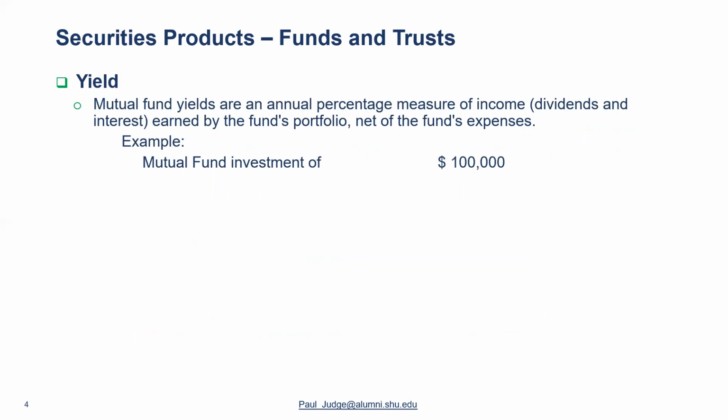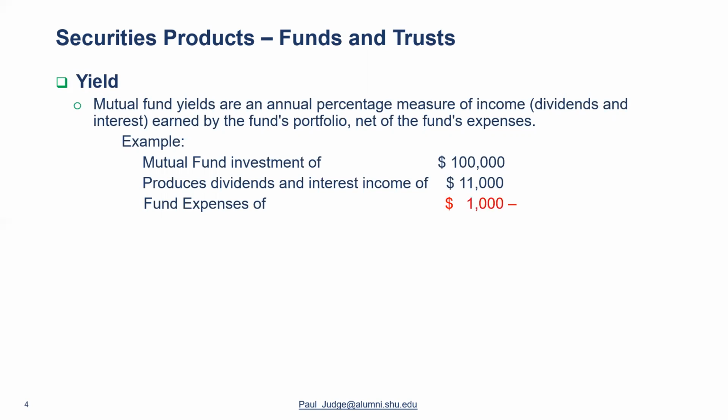The investor, maybe a retiree living in Arizona, puts a $100,000 investment into the fund. This produces dividends and interest income of $11,000. The fund expenses are $1,000. So the yield would be 10%,